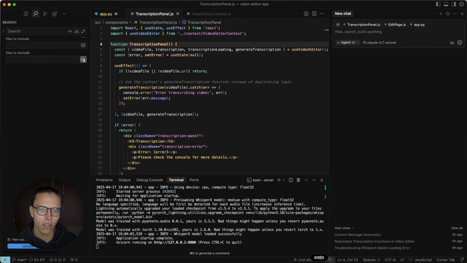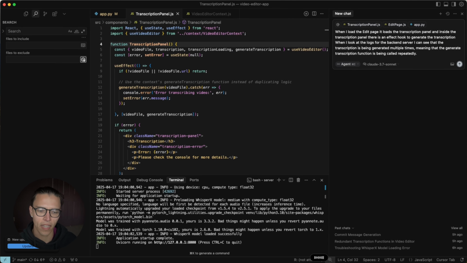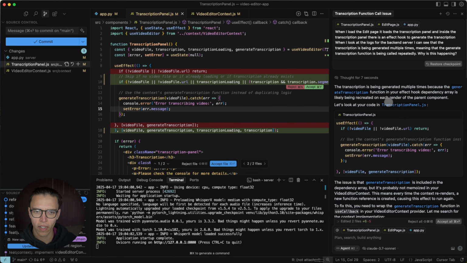When I look at the logs for the backend server, I can see that the transcription is being generated multiple times, meaning that the generate transcription function is being called repeatedly. Why is this happening? Okay, I give it the context. Let me just submit that. Okay, and it responds and it says that the transcription is being generated multiple times because the generate transcription function